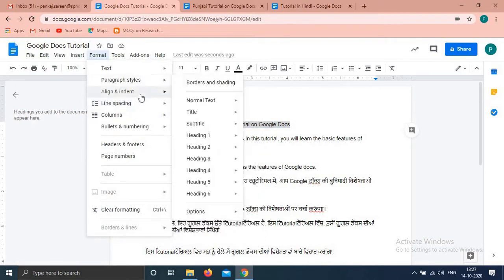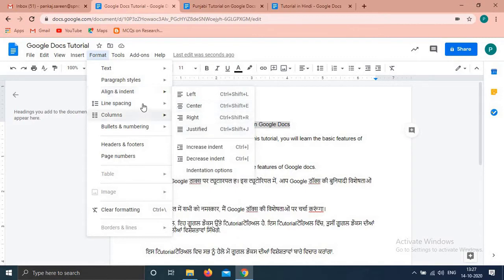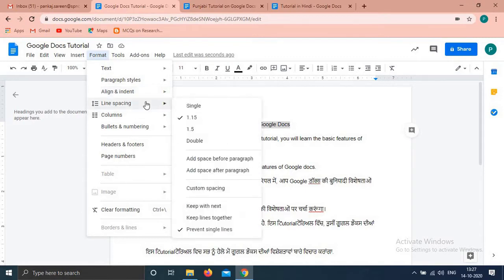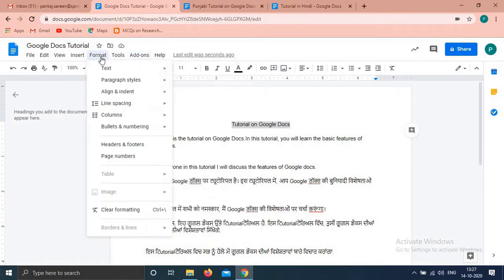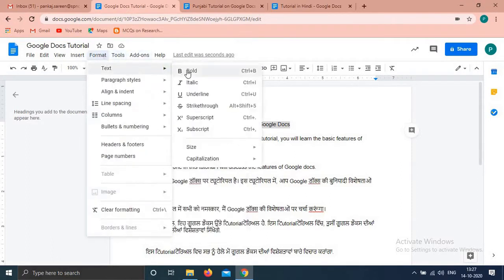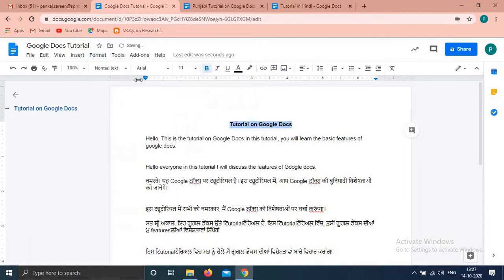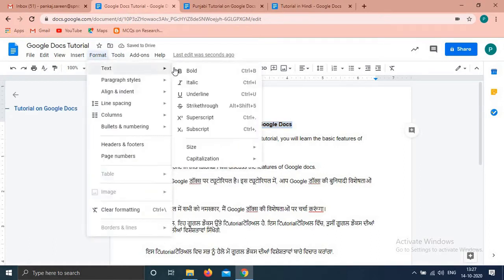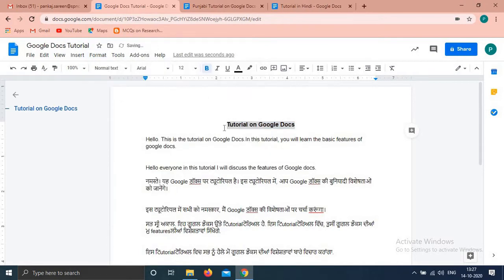Paragraph styles are there, alignments are there. Fine. Line spacing is there. So many options. And in the text option, you can set it to bold. Fine, you can set its size. In the text option you can set its size. Fine, and these options are also available here. You can set it to italic, you can underline it, you can change its size.